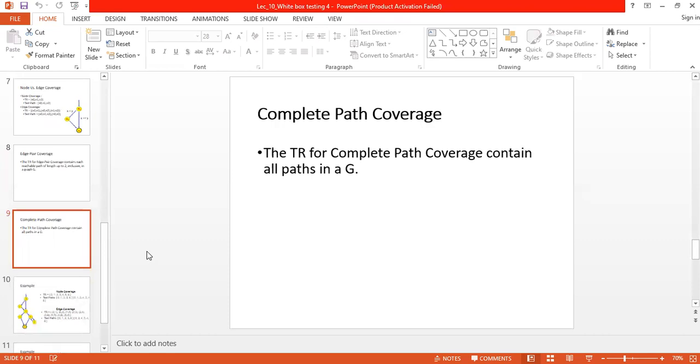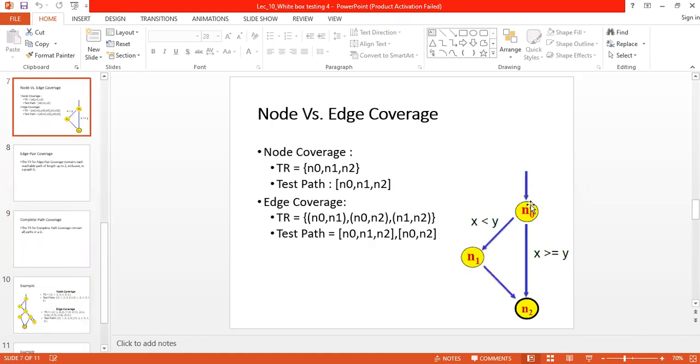And then we have the complete path coverage. So if you are required to do this complete path coverage for your software code, it implies that you have to consider all paths. So in here you can see this is my one path and this is the other path, right?